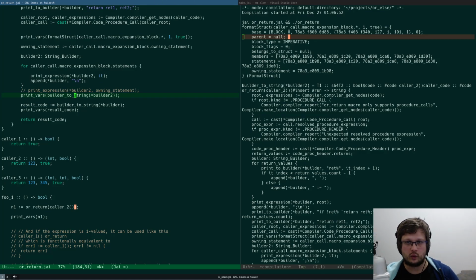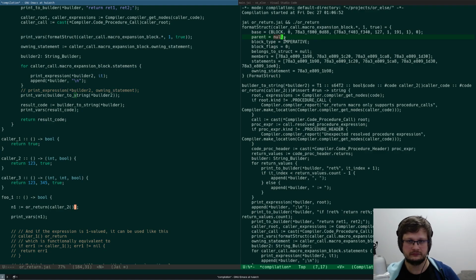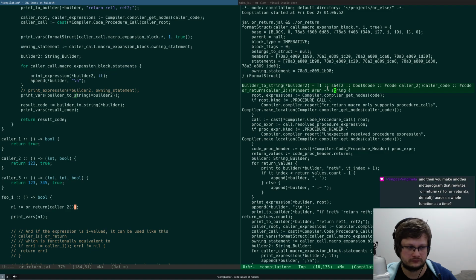Because I don't see a way to escape this code block. This is so close, right? Like this is literally close. If only this somehow had this set. An owning statement is like this one. And then you make another metaprogram that rewrites or return X default across the whole function at a time.